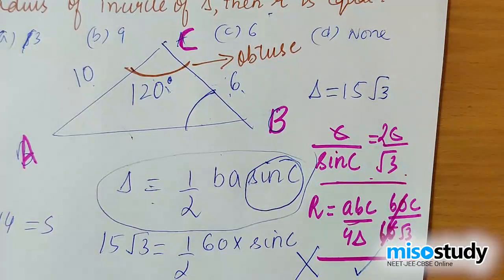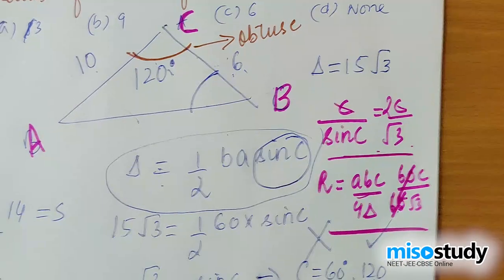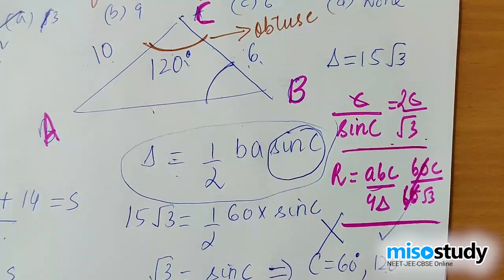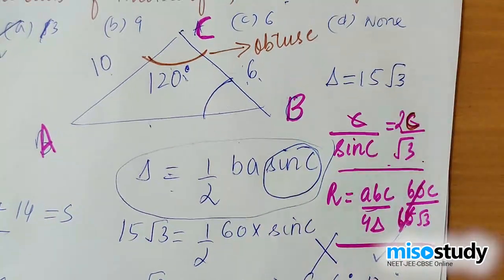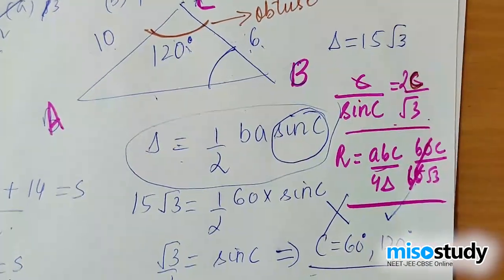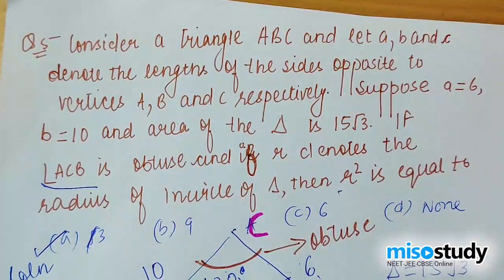So you could have done this if you know just the sine formula. My point is to just tell you that the sine formula and cosine formula are so important that you can use them in many questions instead of the other formulas. That's why I'm stressing on these two formulas. So even if you had used the sine formula and circumradius, your question would have been done easily. Alright, I hope you are very clear with these questions which I have done so far.